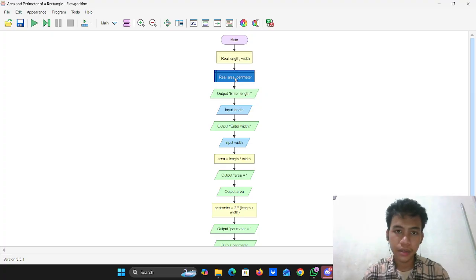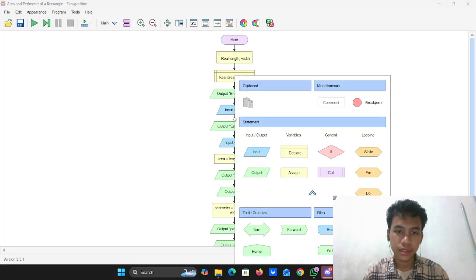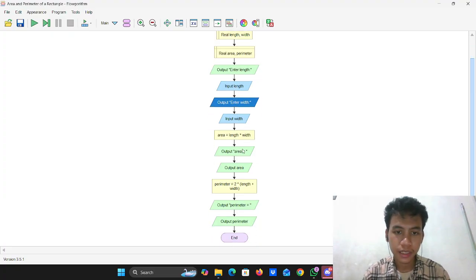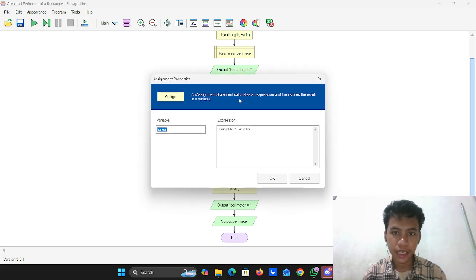And we declare length and width, area and perimeter. And we make two outputs asking for width and length, to input length and width, and we assign the program to calculate.